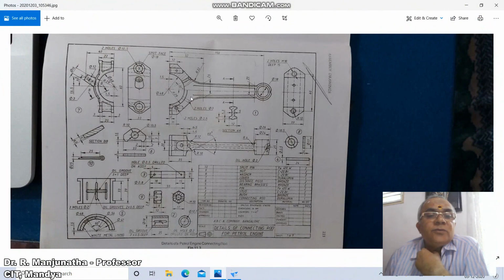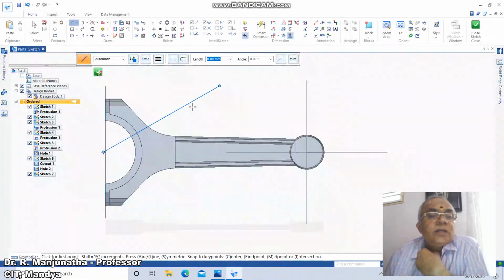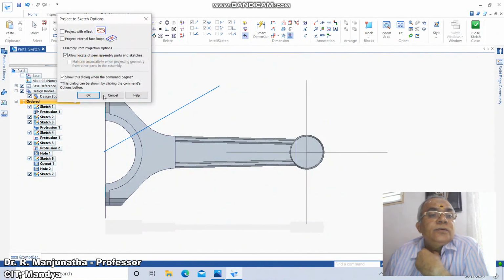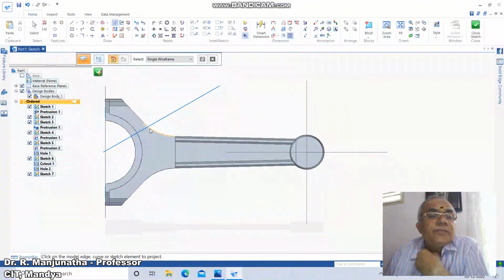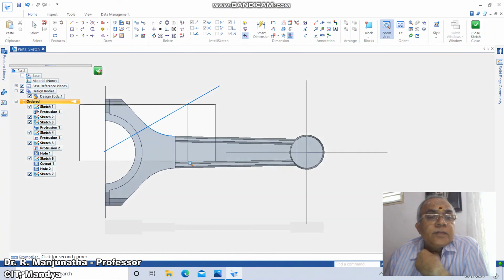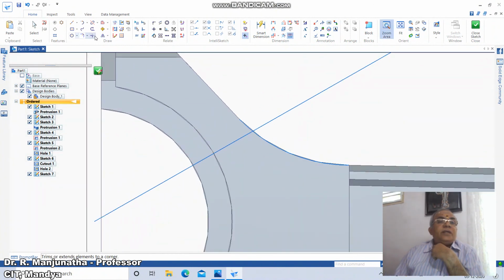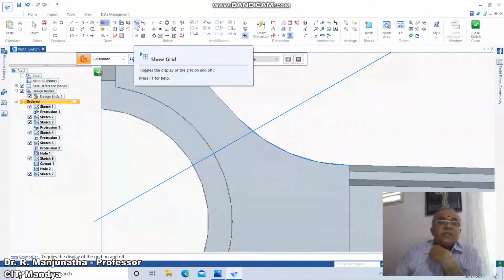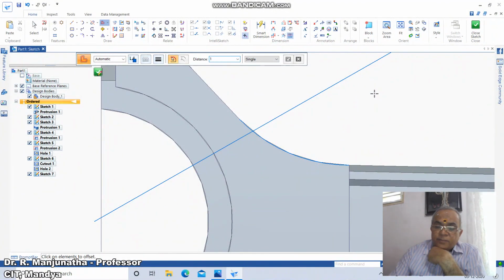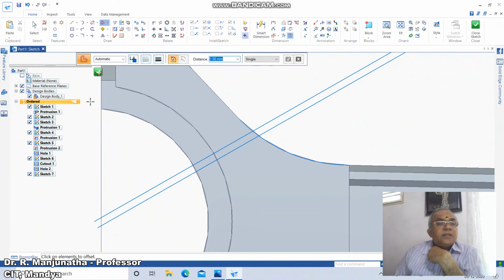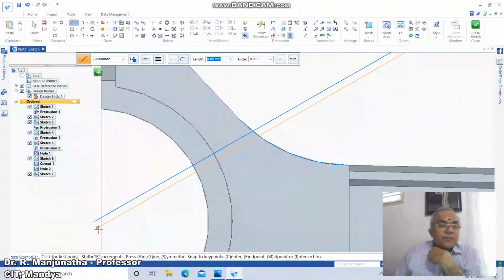So for that we need to have a diameter of 3 mm hole. So here you just take project to sketch. Okay, you click on this, then go to zoom area, then go to offset, take the distance as 1.5 mm, since the diameter is 3. So you take 1.5 on this side,